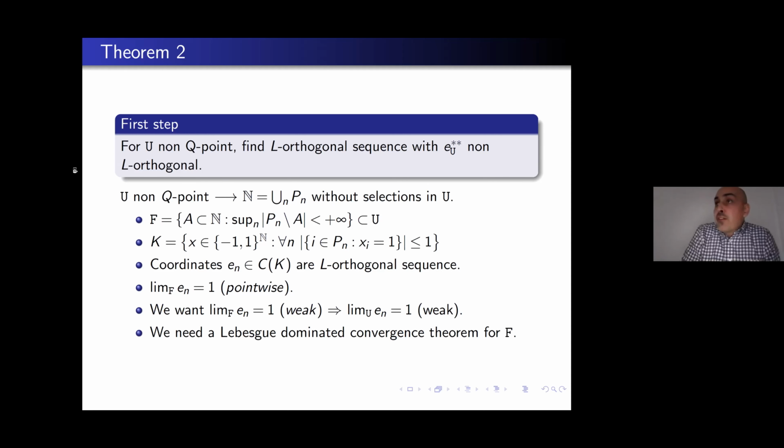But the dual of C(K) are the measures. So what I need is that whenever I take a measure on K, the integrals with respect to that measure need to converge to the integral of the pointwise limit. So I need a Lebesgue dominated convergence theorem, but instead of for usual convergence of sequences,